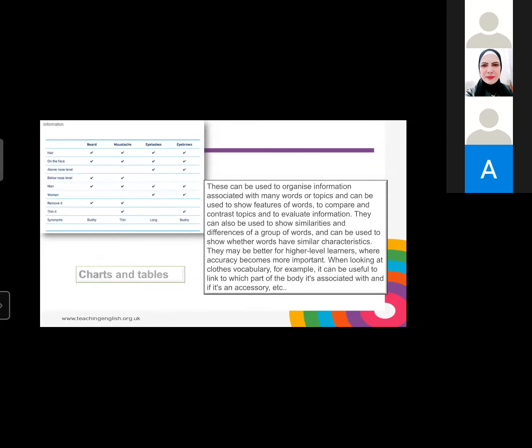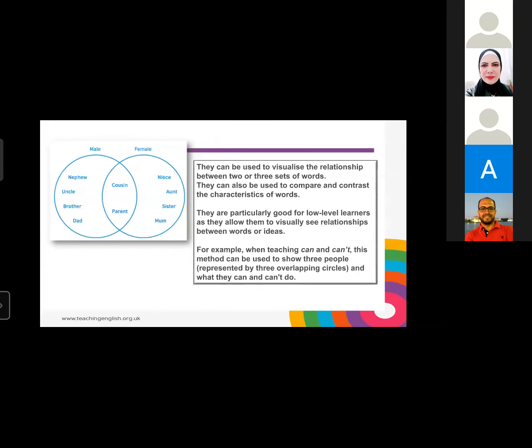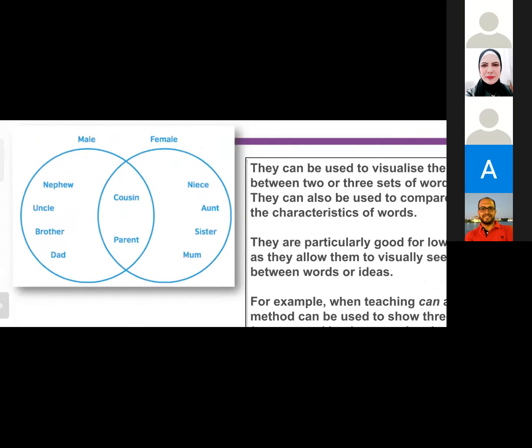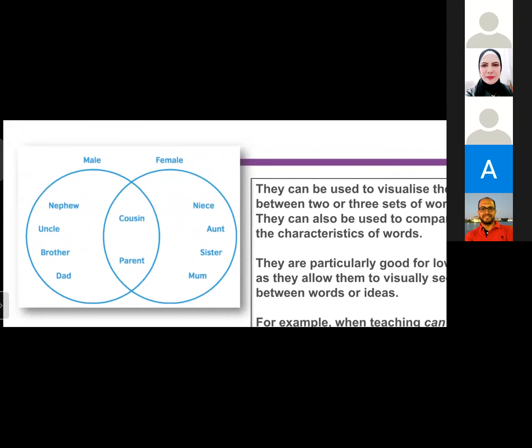Okay, so how many methods till now? How many methods do you remember? How many methods till now? The network. 3. Yeah, 3, exactly. Diagram. Yes, what are they? Yes, the diagram. Network. Yes. The network and charts and tables. Yeah, charts and tables, exactly. And here, this is another way also,